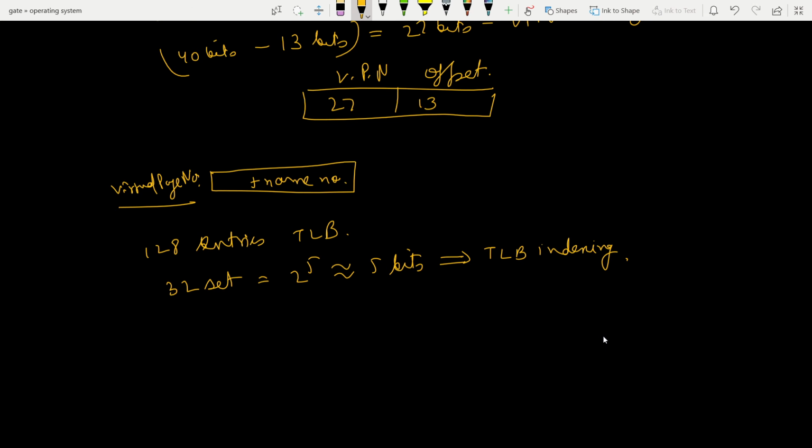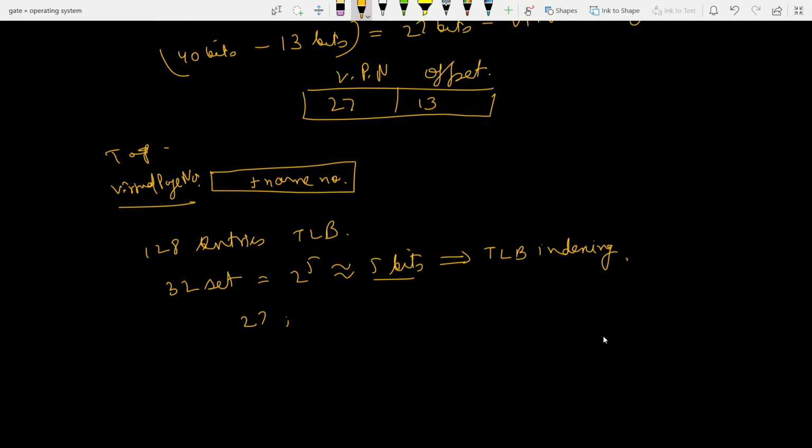So now above we saw that corresponding to the virtual page number, we have the frame number. So this can be thought of as a tag in this case, but here what we see is that as per the question, we have 32 sets and 5 bits are reserved for TLB indexing. So this is not going to be as easy as this case, so there will be some kind of modification. So we saw that 27 bits are there for virtual page number. Okay, and then we got these 5 bits for TLB indexing, that is the set.